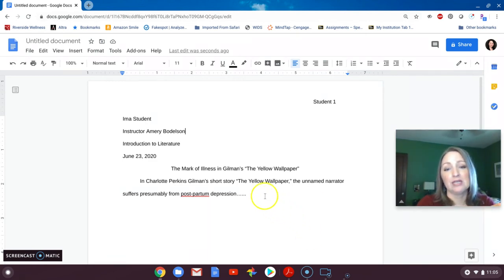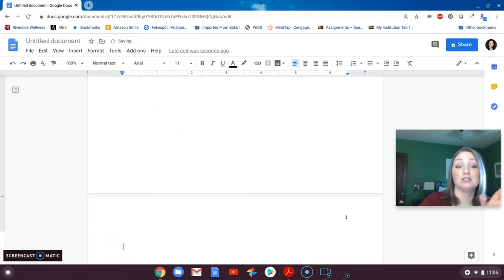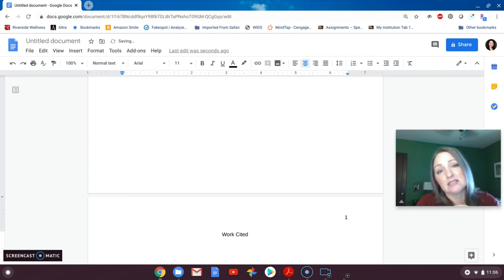When you get to the end of your essay, you're going to create an entirely new separate page, not a separate document, but a separate page. And then you are going to, again, center your title and call it Work Cited. And this is the page where you give credit to the piece you're analyzing. In these literary analysis papers that you're writing, I'm asking that you not seek outside sources, that you don't go searching the internet for somebody else's analysis. I want this to be yours. And so hopefully you only have one work cited, and that is the piece that you are referencing or the